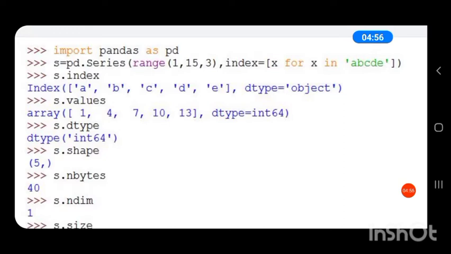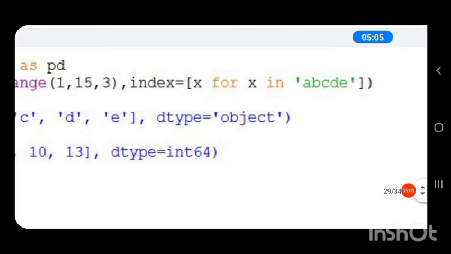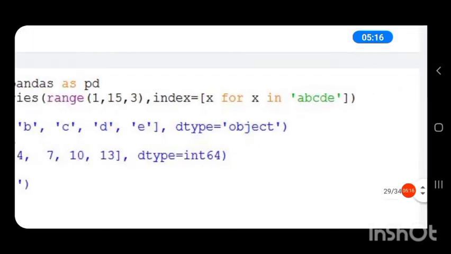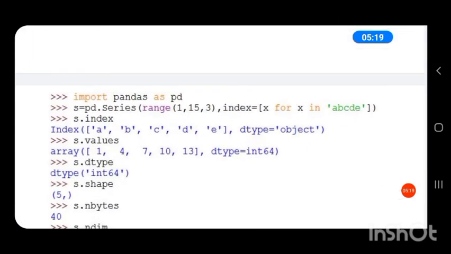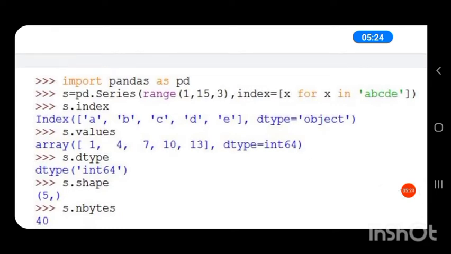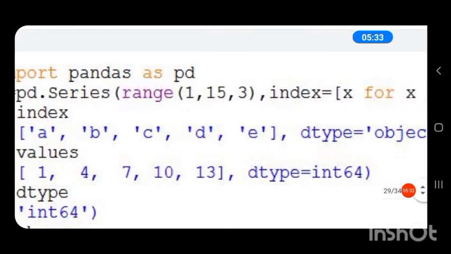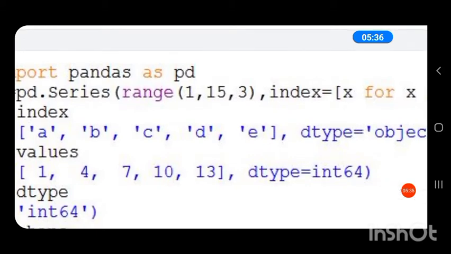So here is a series containing the index. Index values are A, B, C, D, E. The first index is A, then B, C, D, and E. Its corresponding data is 1, then 1 plus 3, 4, then 4 plus 3, because here there is a range function. In that, start is 1, stop is 15, step is 3.